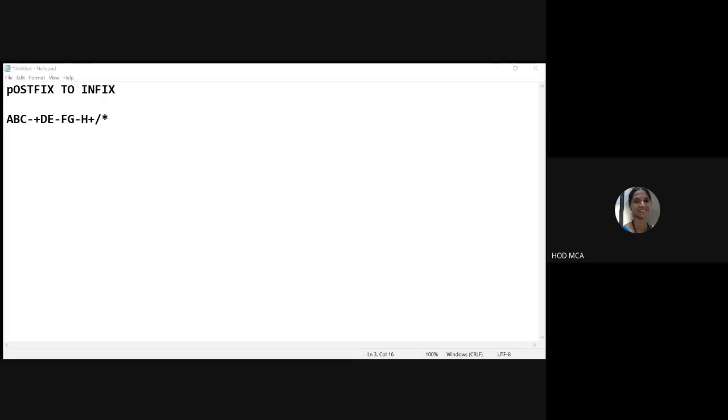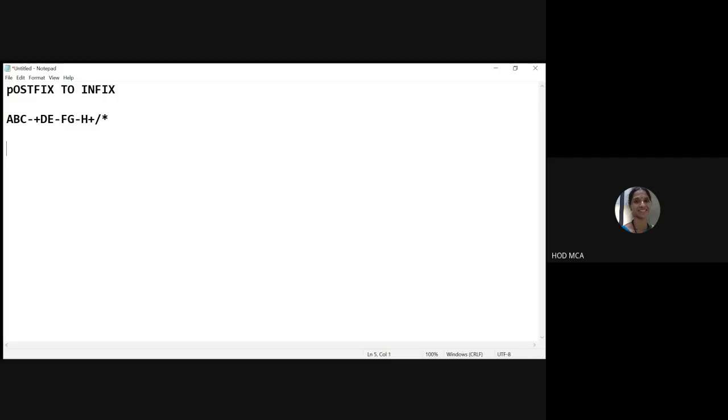See, as you do the expressions, you can include the parentheses. Many of you are not including them at all. If you are applying an operator on two operands, then you can include the parentheses also.